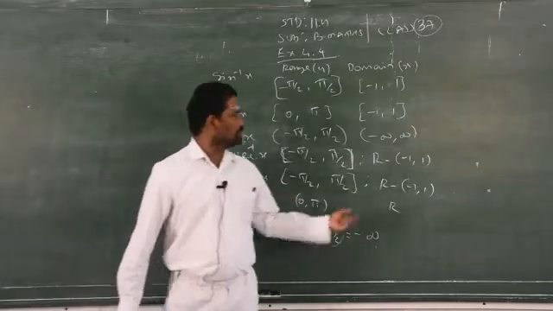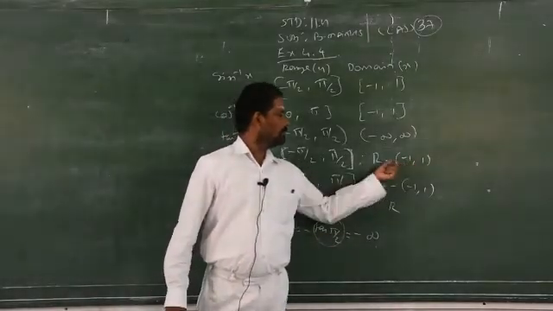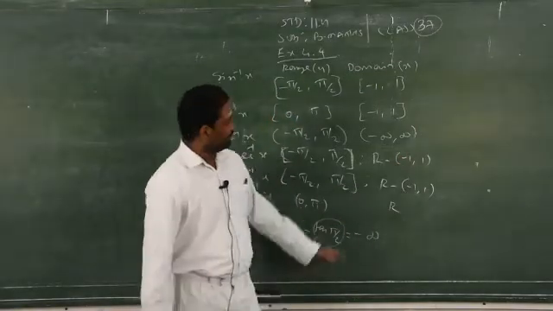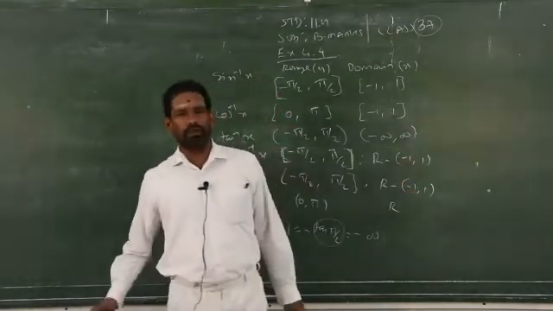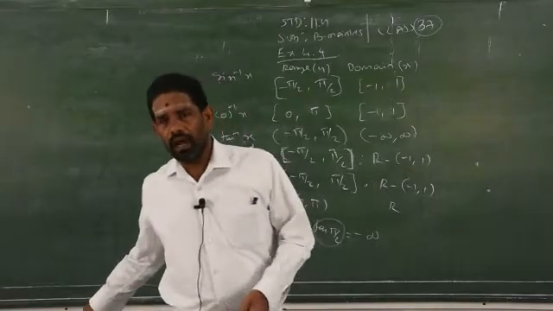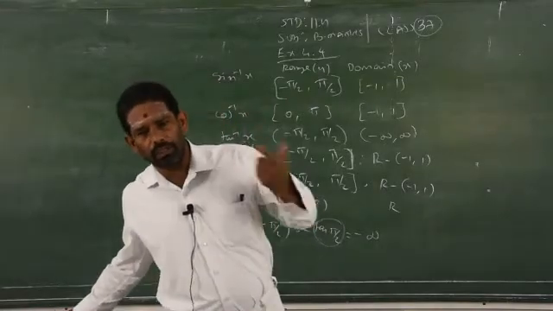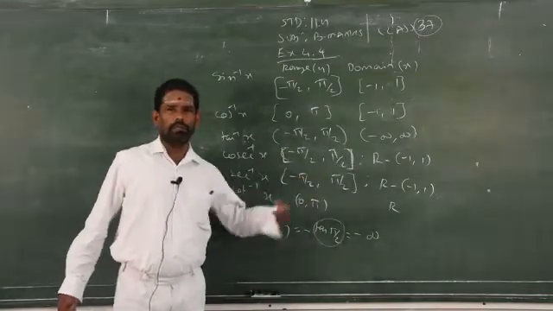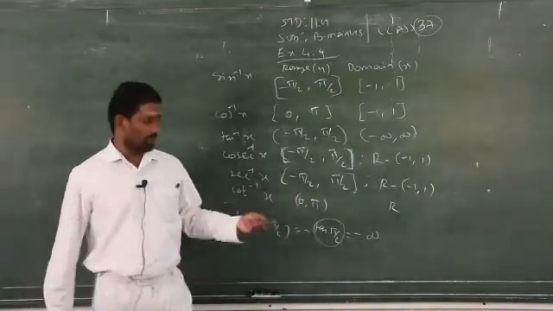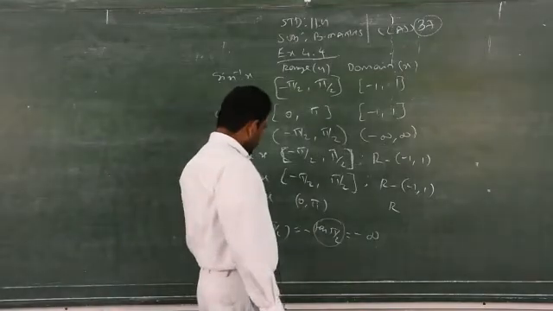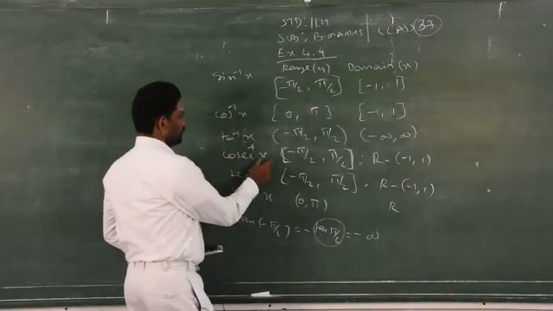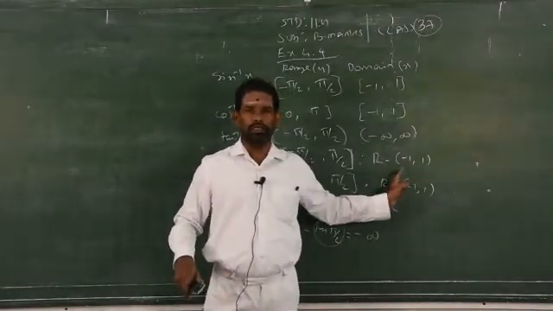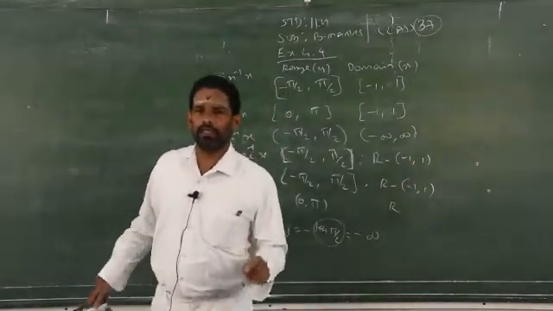When you replace x by minus pi by 2 and plus pi by 2, you will get one answer. That answer will be R minus of minus 1, 1. R is the set of real numbers, so R minus means other than minus 1 and 1. You take any values, minus pi by 6, minus pi by 3, whatever it is, if you replace it in the place of x, your answer will be other than minus 1 and 1. That is the meaning of R minus minus 1 comma 1.